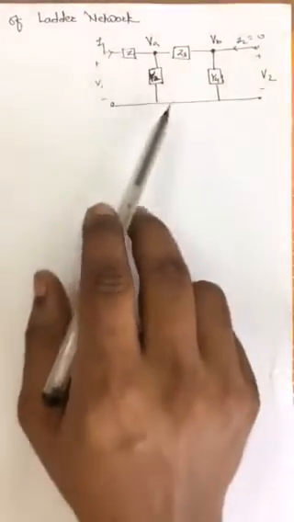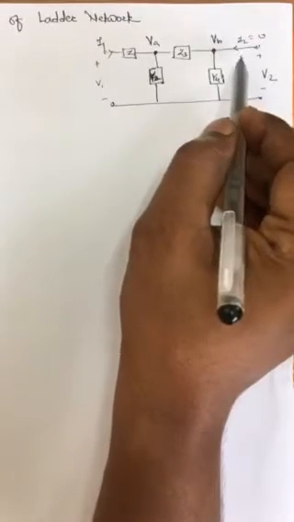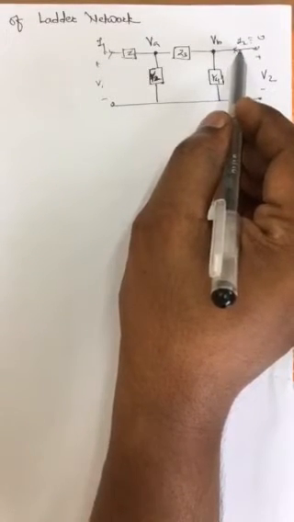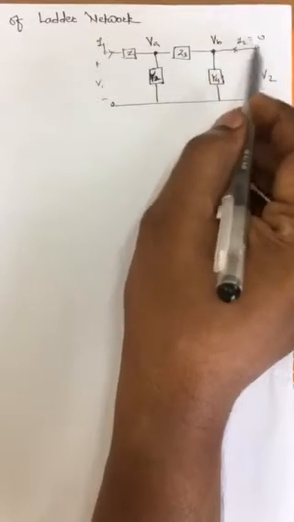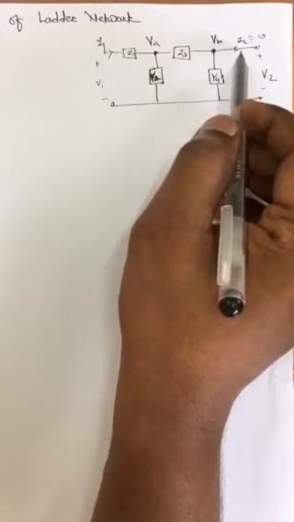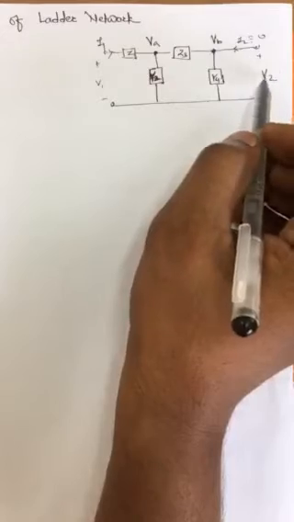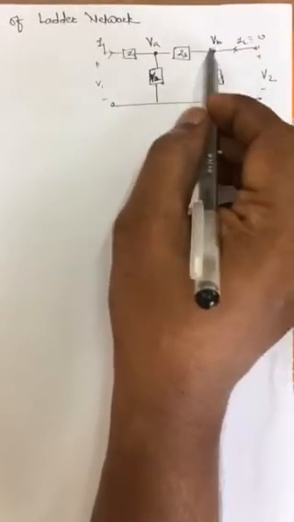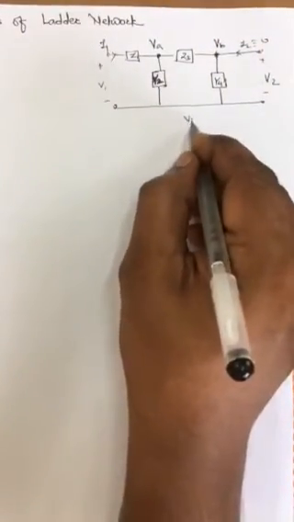Now we'll try to analyze this network, meaning if a network is of this type, how to solve or analyze it. You can see that as current I2 is 0 and there is no impedance here, or even though an impedance is there, as the current is 0 it is of no use, we can see that VB is nothing but V2. Because I2 is 0, VB is equal to V2.